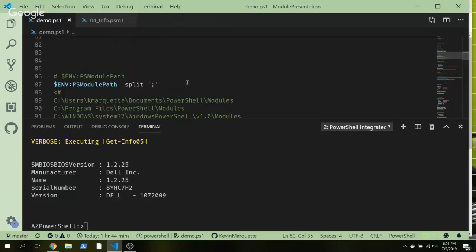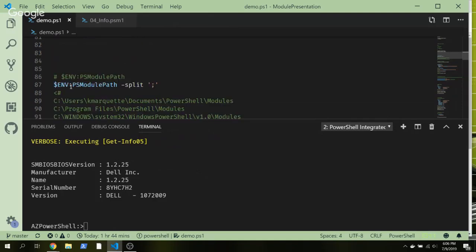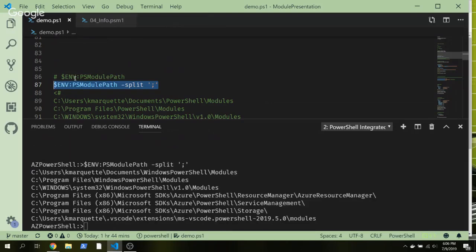Oh yeah, okay, so if you're not aware, there's this environment variable for the PS module path that defines the list of locations that PowerShell will look to import a module for automatically. Like up here, I'm actually specifying the full path, at least to the folder of the modules I want imported. But if I want some auto loading magic to happen, getting the module in one of these locations, I'm going to run this here to show you what mine has,